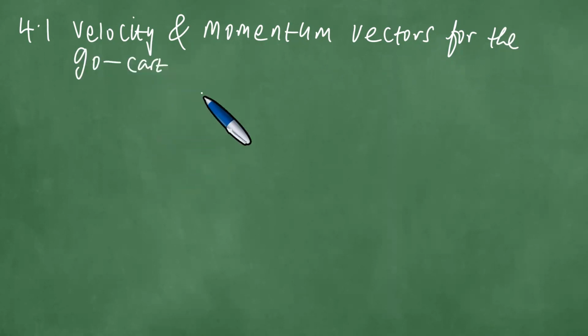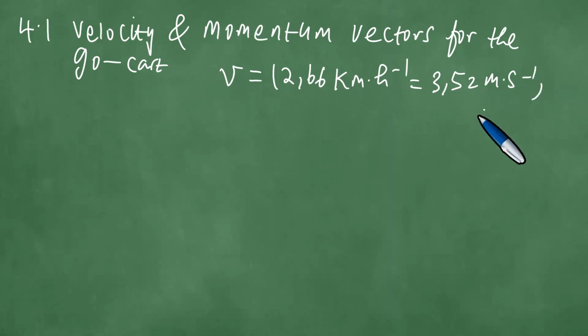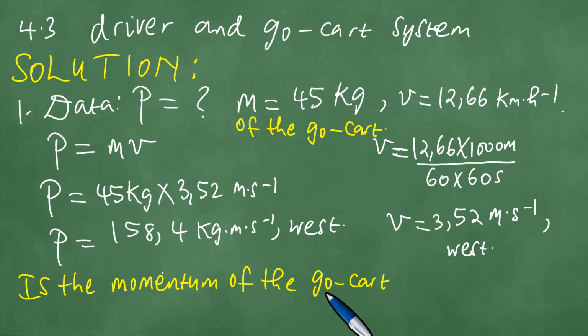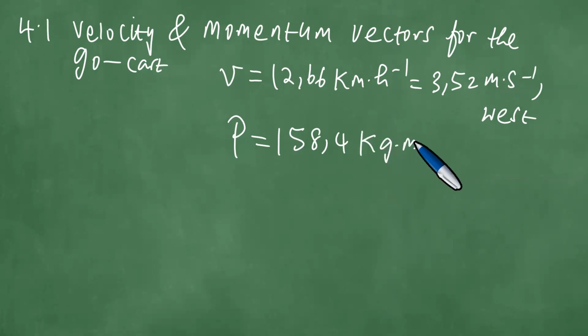Okay. What is the velocity of the go-kart? We know that the velocity of the go-kart is 12.66 kilometers per hour, 3.52 meters per second west. Right, but we know the momentum. What is the momentum of the go-kart? We got it before, so let's just check. The momentum of the go-kart is 158.4 kilograms meters per second